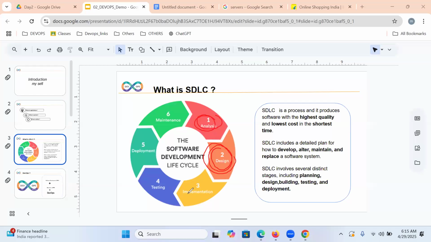Once it is designed, our developers will implement the lines of code by using Java, .NET, Python. Once it is implemented, our testers will verify whether it is working or not, and each and every functionality.